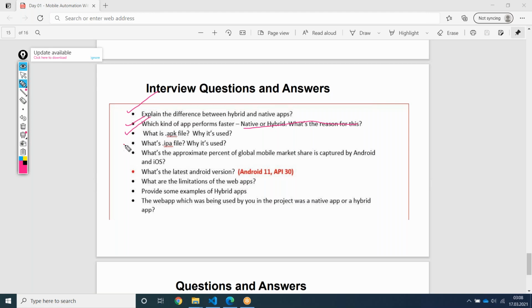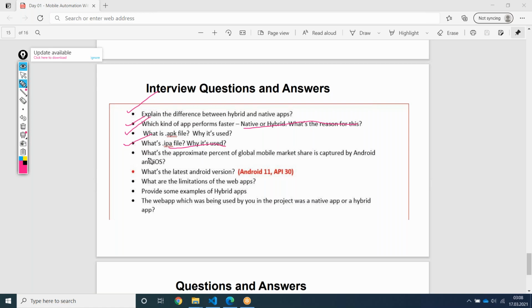That is the concept of APK file. What is the concept of IPA file? IPA file is iOS packaging file. So just as APK in Android, we have the concept of IPA in iOS. If you have an iOS operating system and you go to the Apple Play Store, what you will find are IPA files, and these IPA files are used for installing anything on the